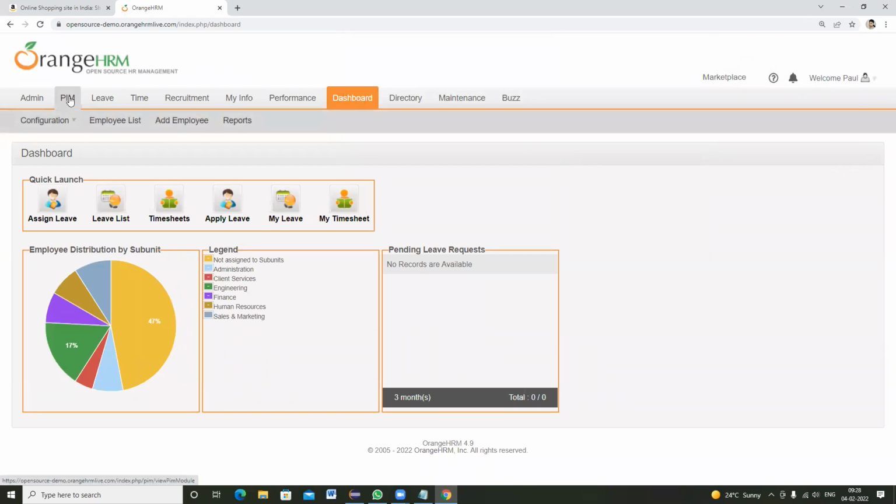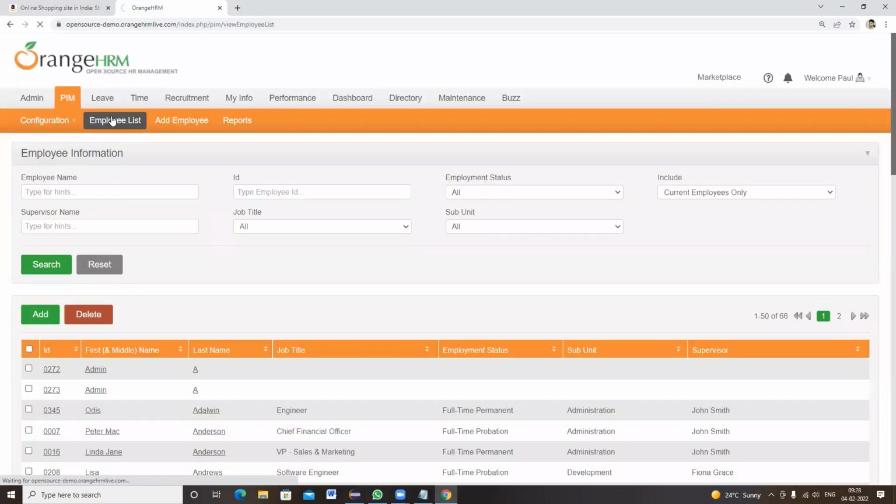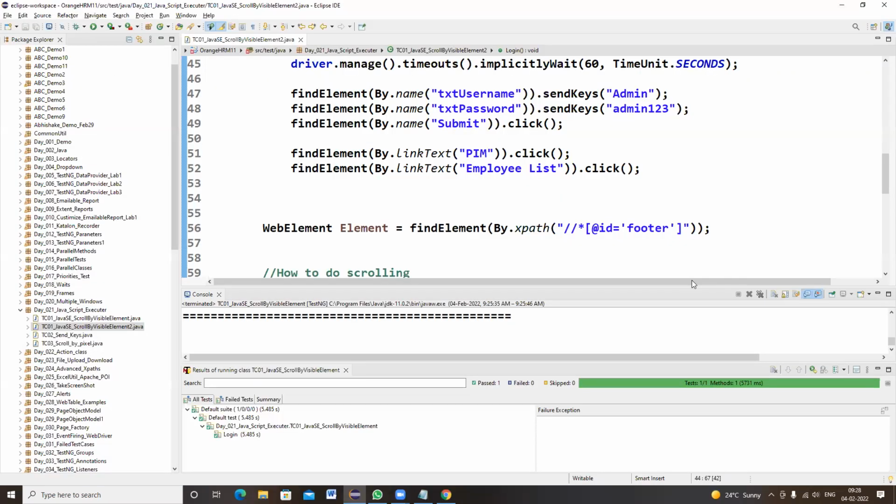We went to the PIM module, employee list. And we are taking an XPath, which is ID is equal to footer.